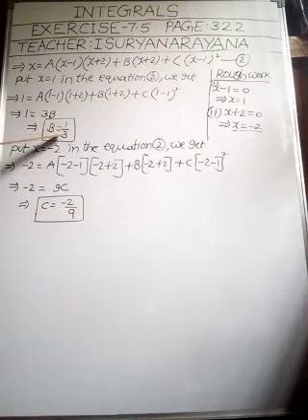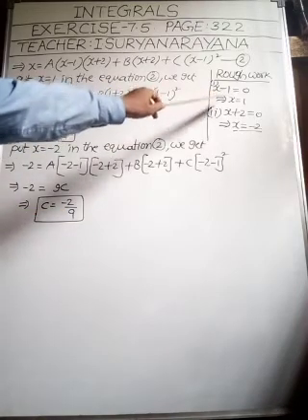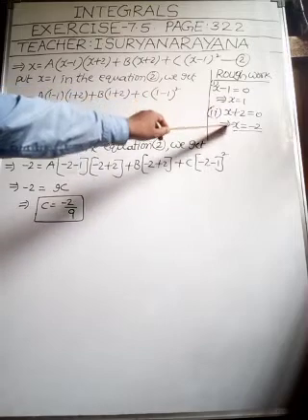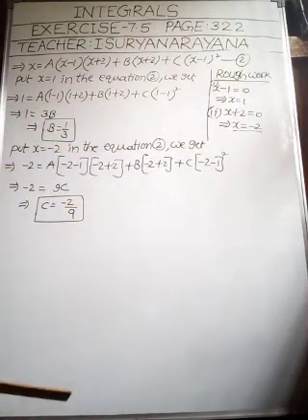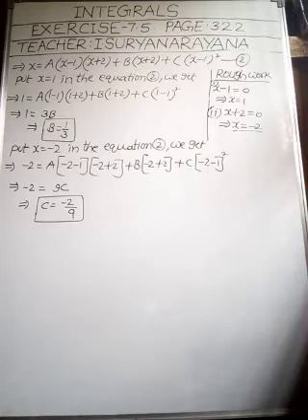We got b value and c value. We have taken the linear factors and we got x values. But there are no other linear factors. Then how to find a value? In this case, we have to equate the coefficients of x square on both sides. What is the highest power of x on LHS or RHS? x square. The highest power of x is x square. So comparing or equating